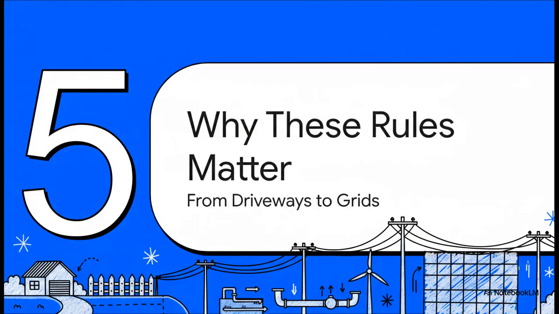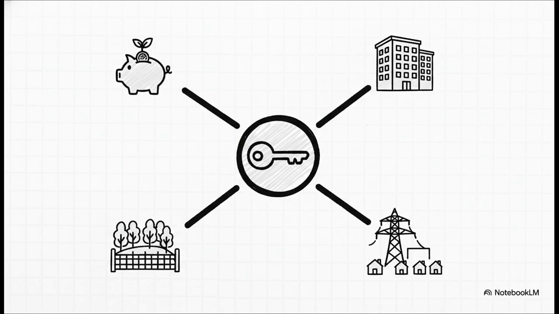So I know we've been getting into some pretty technical legal rules here, but why does any of this stuff really matter? Because these seemingly small, nerdy agreements are actually the fundamental building blocks of our entire modern world. Seriously, without servitudes, you couldn't have condos with their shared walls and common areas. You couldn't have a reliable power grid or fiber optic cables running to your house. You couldn't set up permanent conservation areas to protect nature. They are the invisible legal skeleton that makes all this complex, long-term land use even possible.